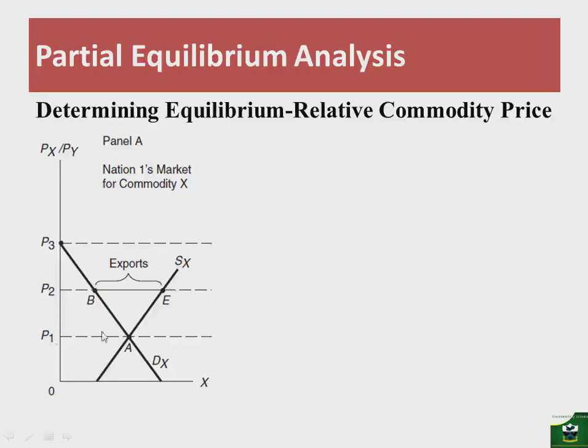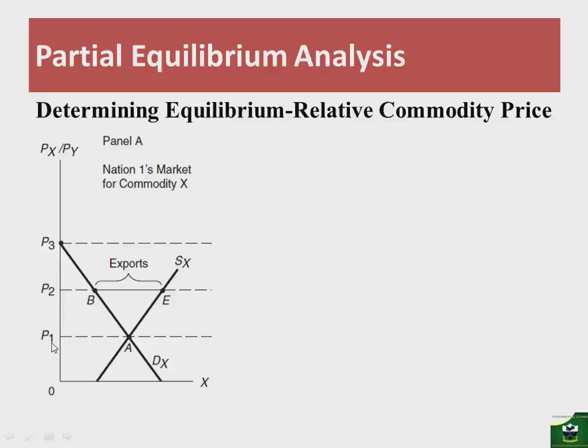Now, if you recall from our previous graphs, at the autarky price in nation 1, the relative commodity price was 1/4. If we make that assumption, then for the nation to be able to produce more and export, the domestic price should be gravitating towards the international price, and therefore the price will be going up towards P2. Now, what we should note here is that for any price that will be above P1,